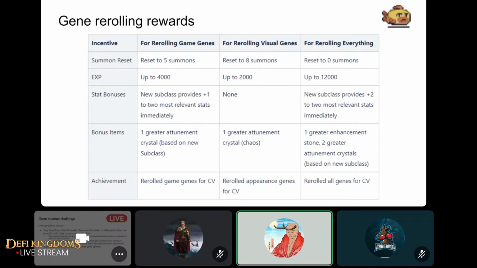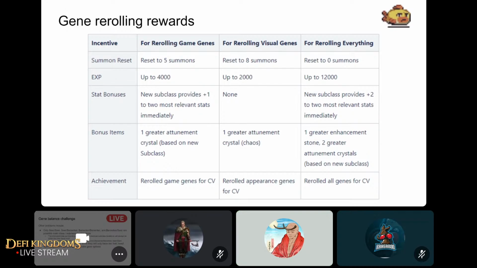If you do it, that helps the game as a whole become more balanced, and we do provide these extra bonuses. So let me talk about those. With the bonuses, you will receive all of these things, and it will be based on your choice. The first thing that you'll receive is a summon reset. This is essentially resetting your effective summon count. What will be displayed in the game will still have the total number of summons that you've